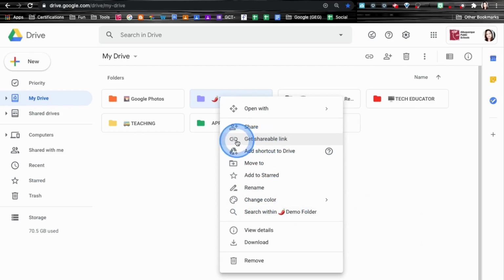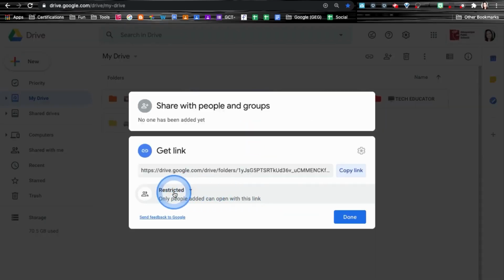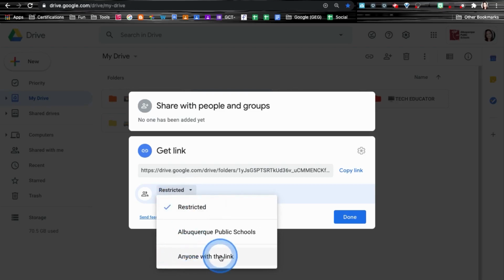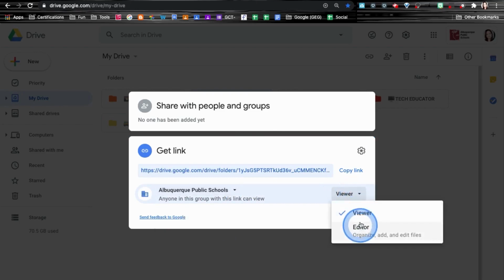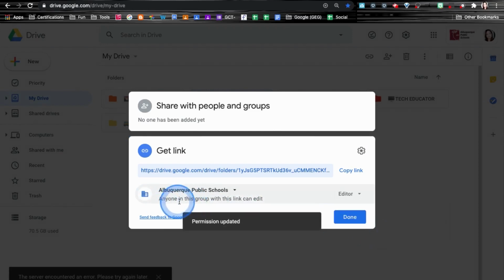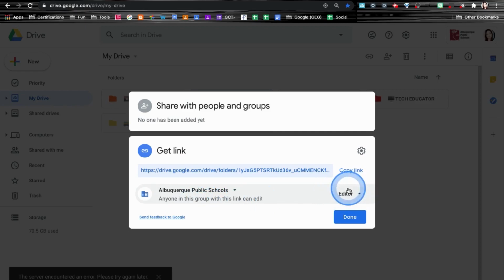Now, this is important: if you want to change the share permissions of an entire folder, you're going to want to go here to get a shareable link. And when you change these permissions here to either anyone outside the organization or inside the organization, and if they can edit or view those files, that means all files that are inside that folder, whoever you share this with will be able to do that. So if I change this folder to share it with anyone in Albuquerque Public Schools can edit, that means anyone who has this link or gets into that folder will be able to edit all of the files that are inside the folder. When I select done,